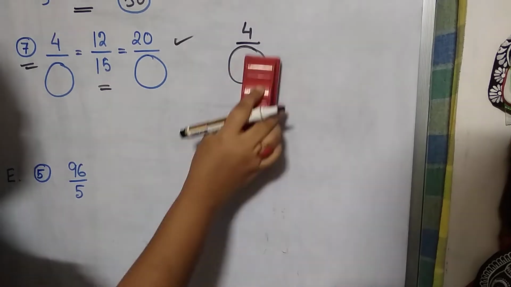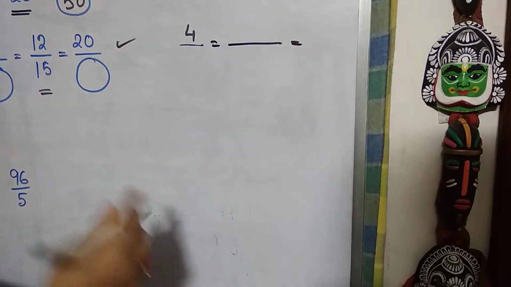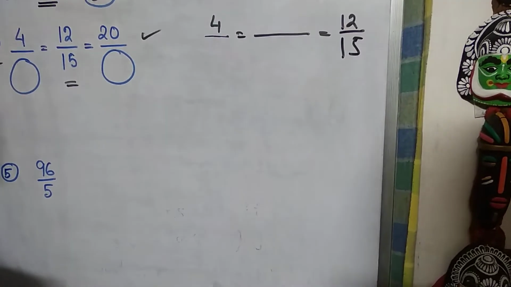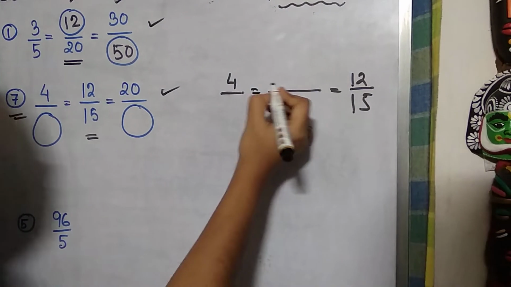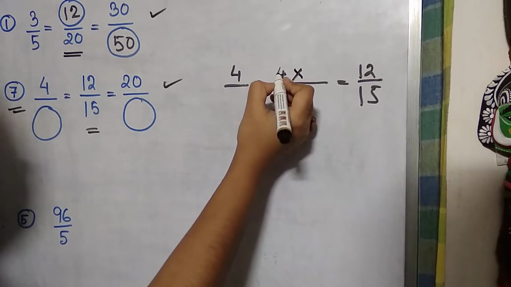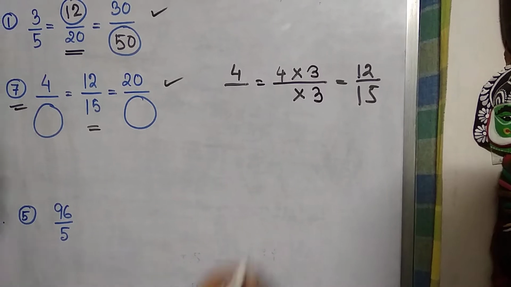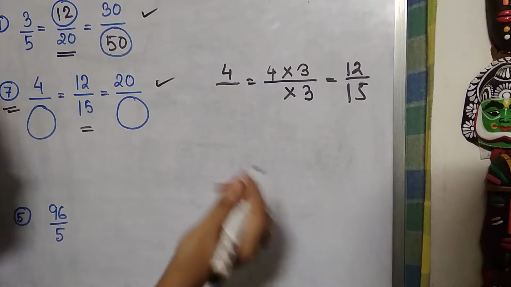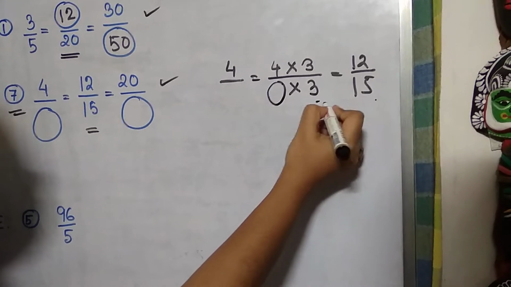So in this case, let's find the relation between the numerators. Again, what we have done, we have to inverse it. So find the relation between these. So 4 threes are 12, right? So here 3 will be there, right? We always multiply the upper portion with the similar number. So what is going to be multiplied with 3 so that it will give 15?